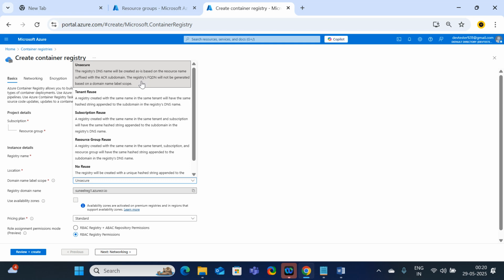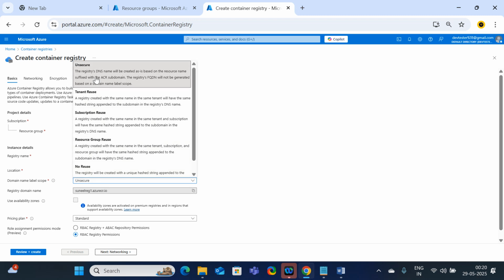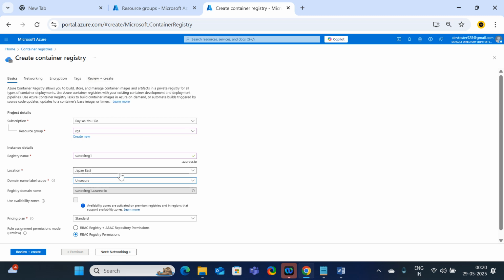If you require any domain names separately, then you choose the options available here, like tenant reuse, subscription reuse, resource group reuse. There are a lot of options, but here I am going to select the default option, that is unsecure. Here the registry domain name is sunilreg1